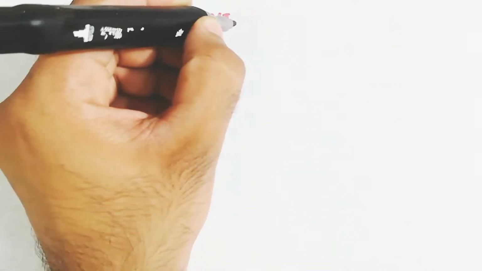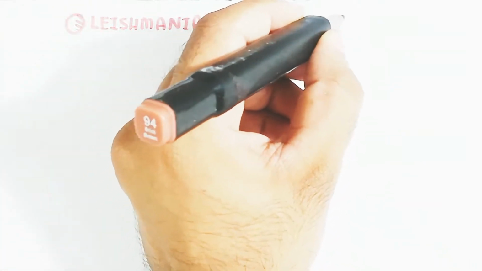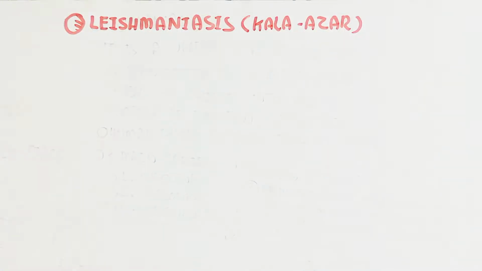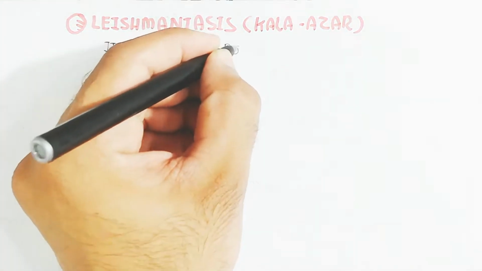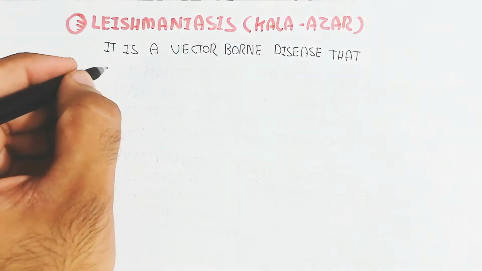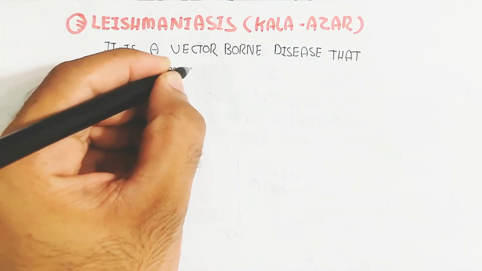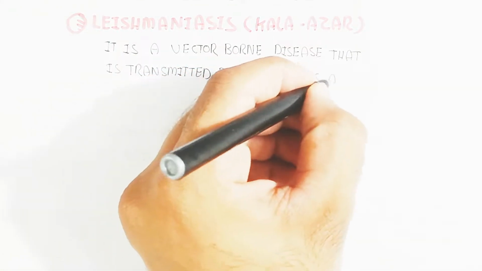Hello, in this video we will discuss Leishmaniasis. It is also known as Kala-Azar or DumDum fever. It is a low-degree fever caused by Leishmania. It is a vector-borne disease that is transmitted by sand flies and caused by obligate intracellular protozoa of the